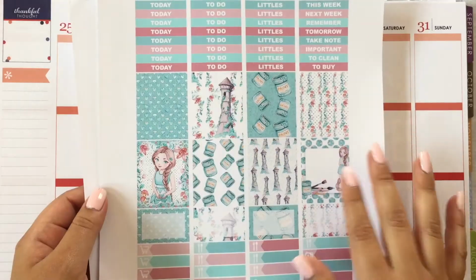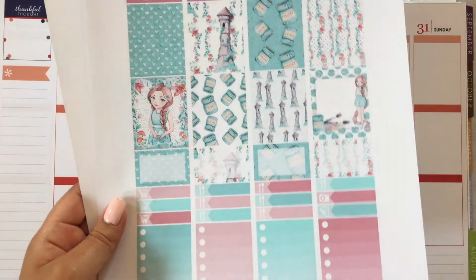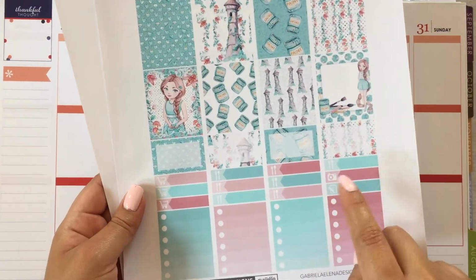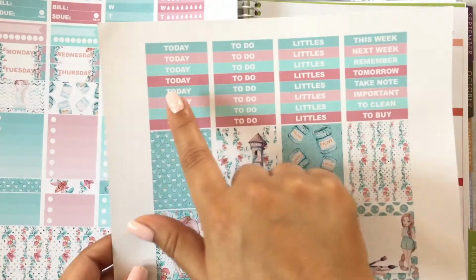So I wanted to show you guys how you can use them. Everything is square, so it's easy to cut. And I'll have extra littles for you guys. I'll work on getting those in the shop sometime, maybe next week. I'm not really sure when I'll have time to do those. Anyway, so these have like headers,